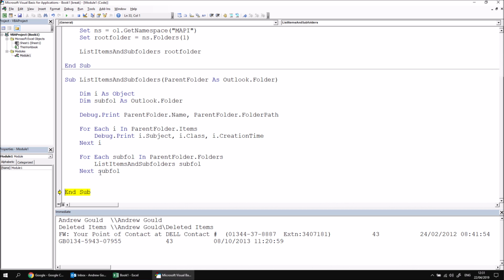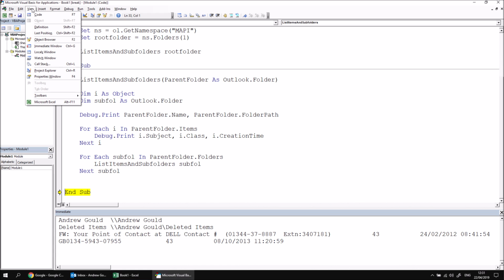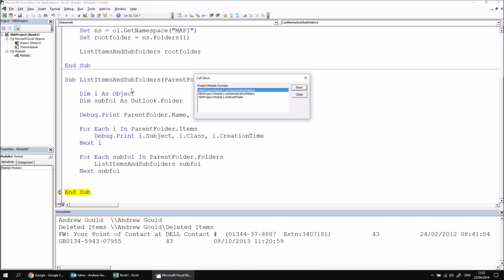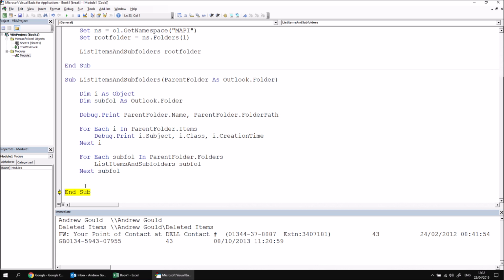Now at this point, what we have is two open copies of the list items and subfolders procedure. You can see that at any point when you're stepping through procedures by viewing something called the call stack. If I head to the View menu and choose View Call Stack, I can see a list of all of the currently running procedures. So my Get Root folder one is running still, my original list items and subfolders, and then this second copy. If I close this window down, when I reach the end sub for this version of